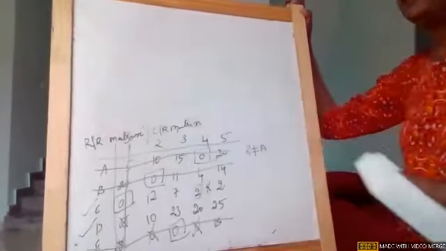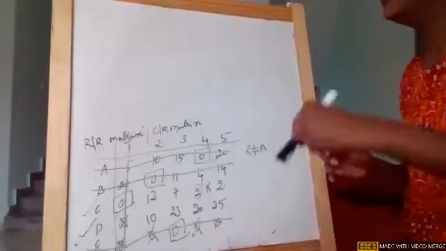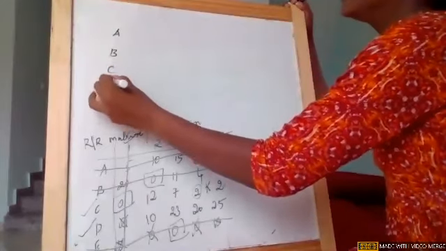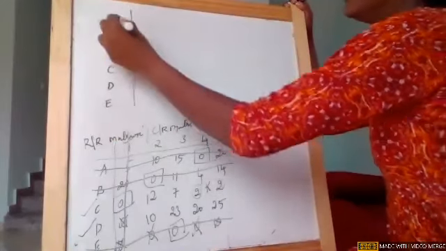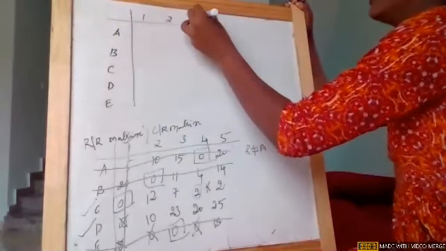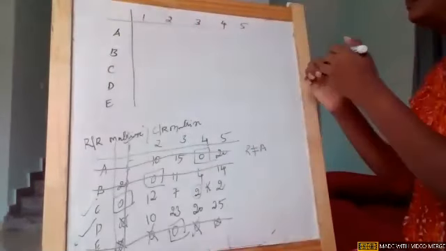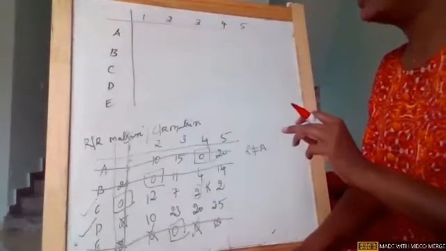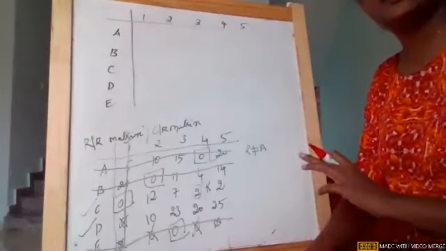Now when I proceed further, again I need to reconstruct the new matrix. So again I'm repeating, wherever there are two lines, add k, wherever there is no line, subtract k, wherever there is single line, the value remains unchanged.